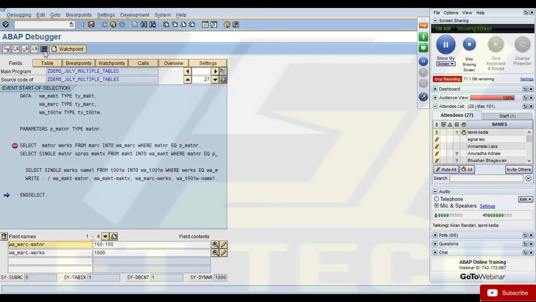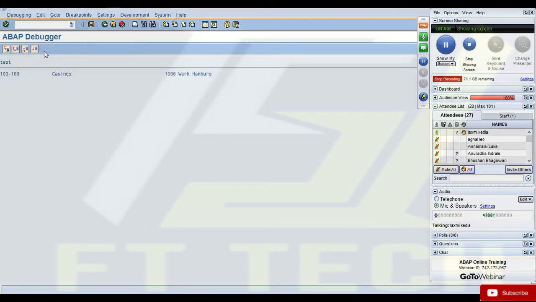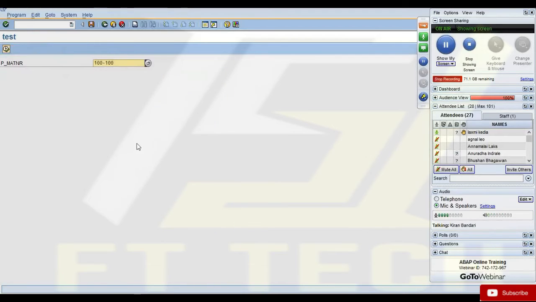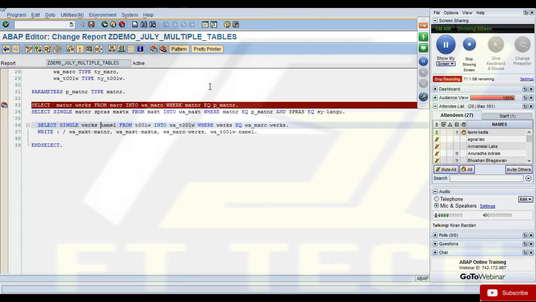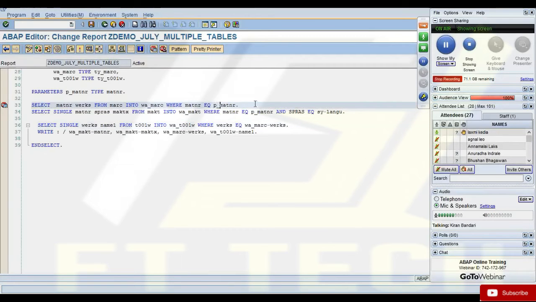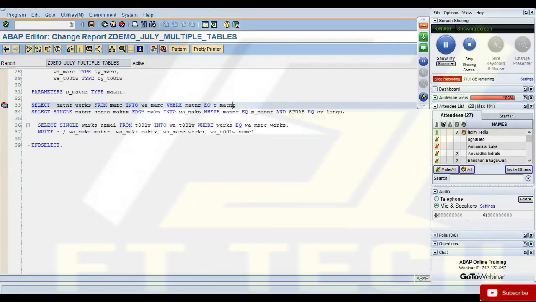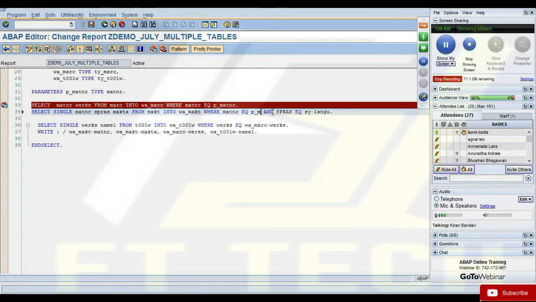So at this point, in the second select query, you have written MATNR is equal to P_MATNR. I think it should be WA, because in the per query, ideally it should be WA, but in this case we are processing only a single material. So this will always fetch you the same material, right? If you are comparing P_MATNR here, you'll get the same materials. But ideally, as I said, you can also compare this.